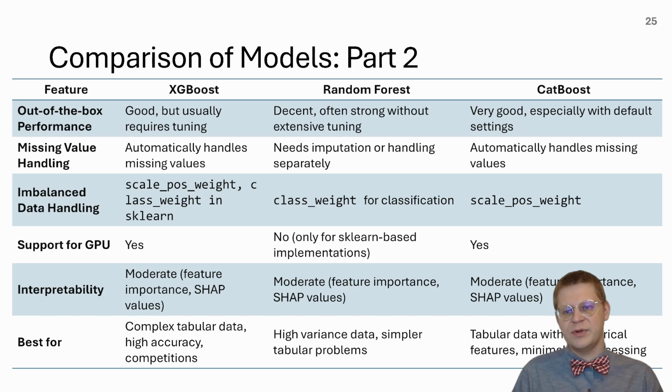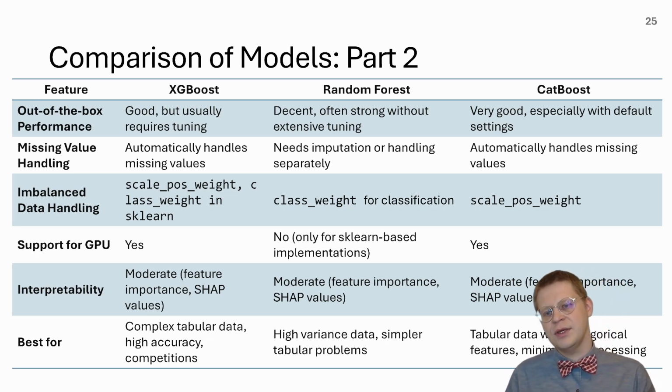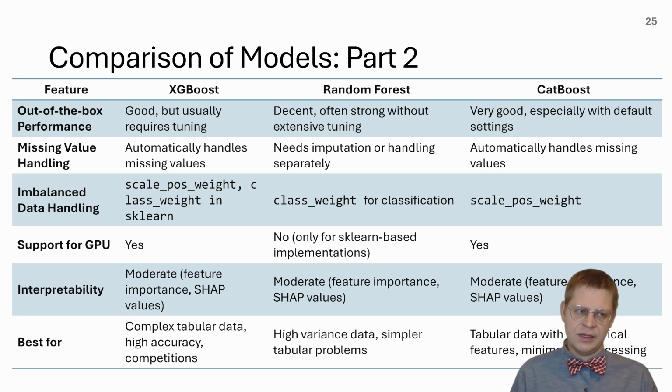What about the out-of-the-box performance? XGBoost often requires parameter tuning to achieve optimal results, but its high accuracy makes it worth the effort for competitive environments. Random forest performs well out of the box and usually does not require extensive tuning, making it acceptable for general applications. CatBoost generally performs strongly with default settings, often needing minimal tuning, especially when working with large datasets that include categorical features. As for the handling missing values, XGBoost can automatically handle missing values by learning which branches to